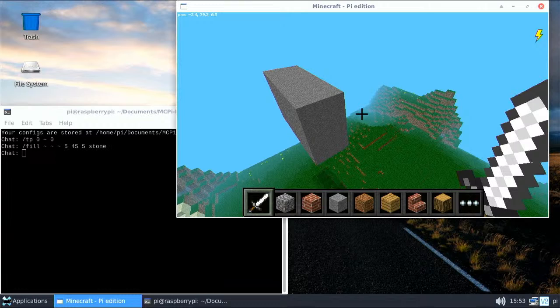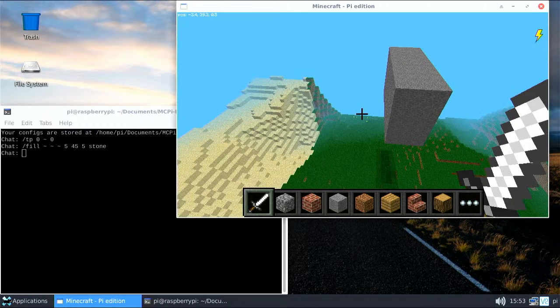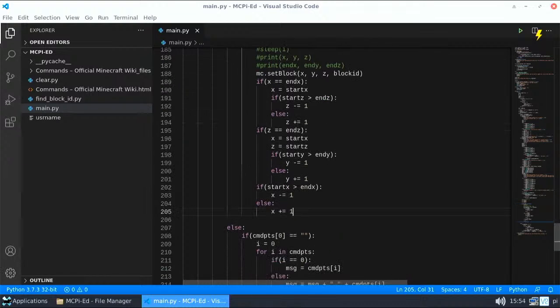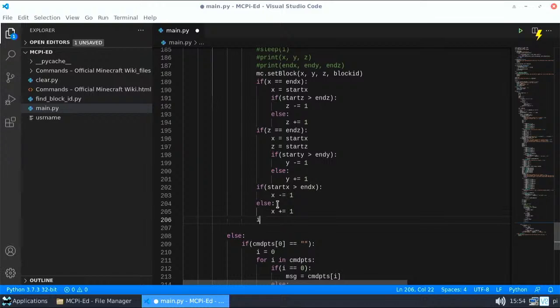So yeah, let's go and look at the code. First of all, let's get rid of this. I'm going to do goal, now goal is equal to false, so now we have our goal. If start Y is greater